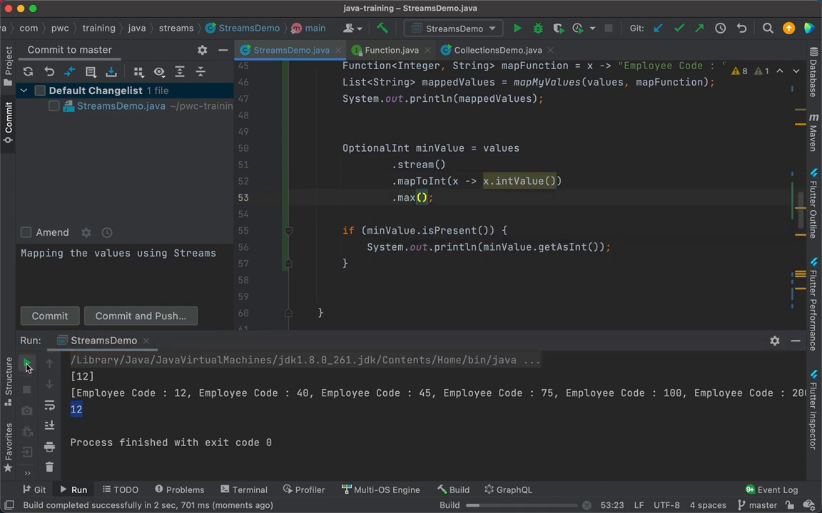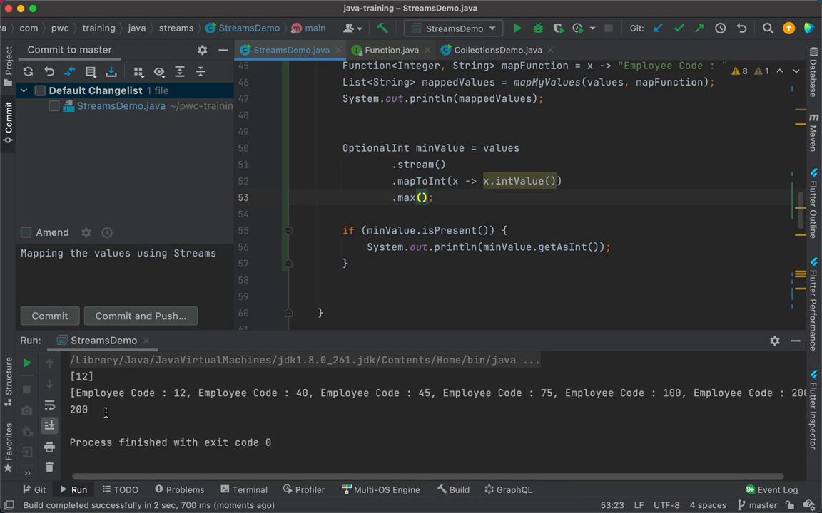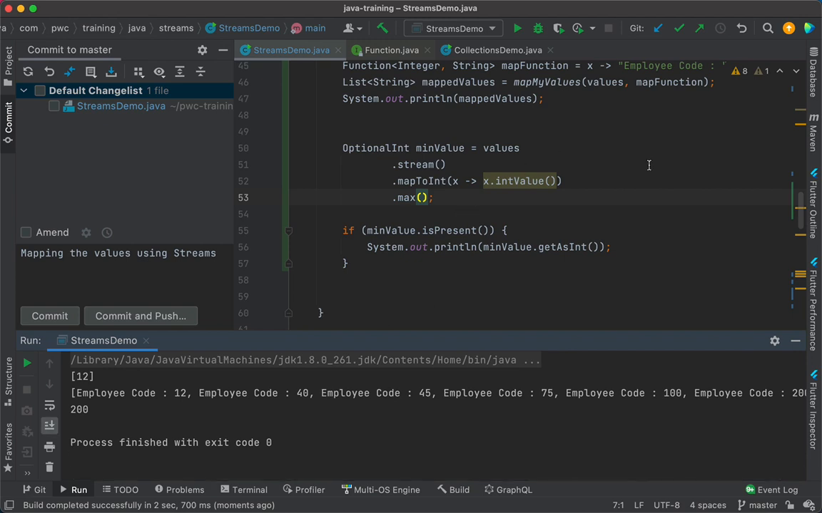See this. Now when I run this, see how simple this becomes. 200 is the max. So see the amount of code that you are writing, see the logic that you are writing. It is so very simple and so very easy to understand, isn't it? So